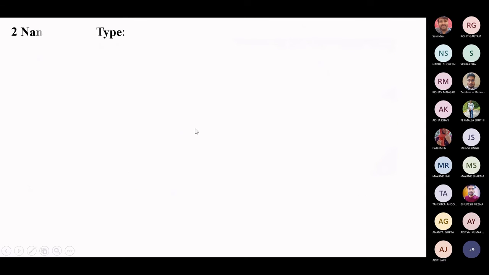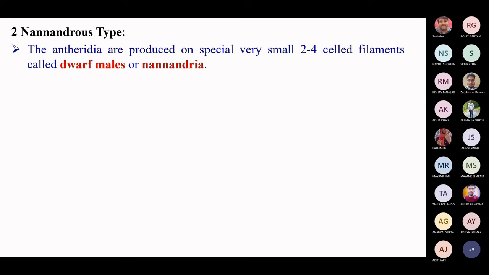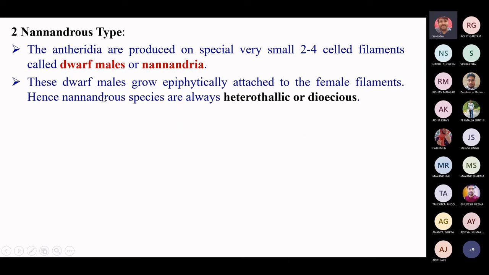Next, the last point is nannandrous type, and what it is: the antheridia are produced on especially very small 2 to 4 cell filaments, which are known as dwarf males or nannandria. How will this nannandria take place? These dwarf males grow epiphytically attached to the female filament,